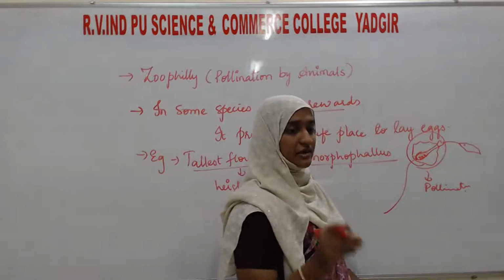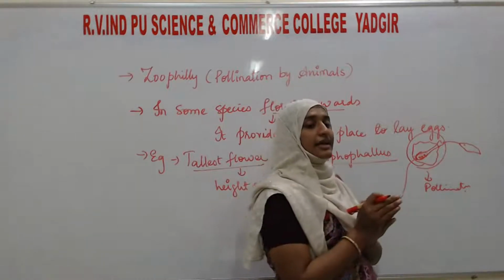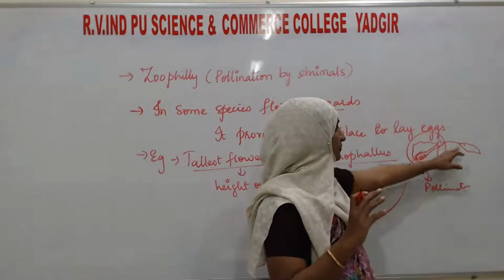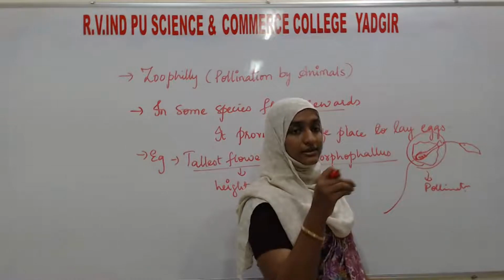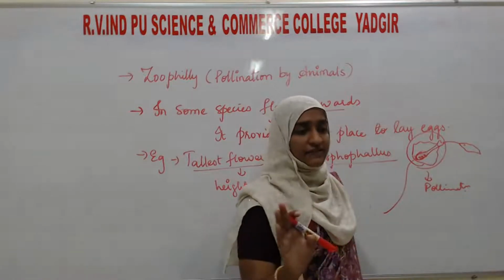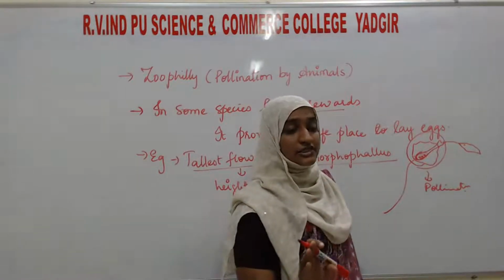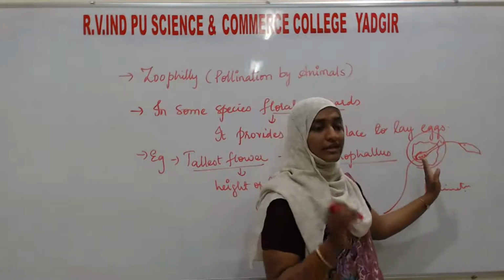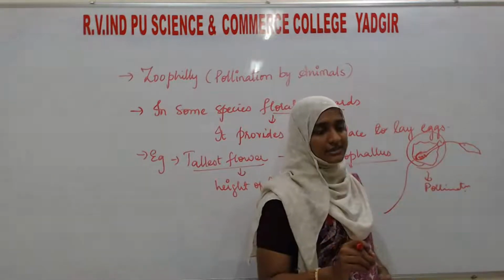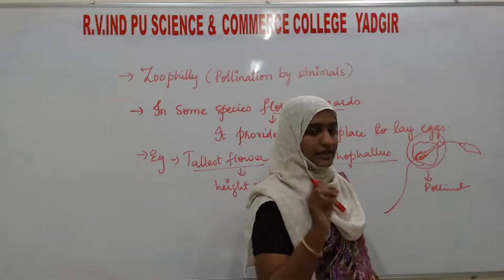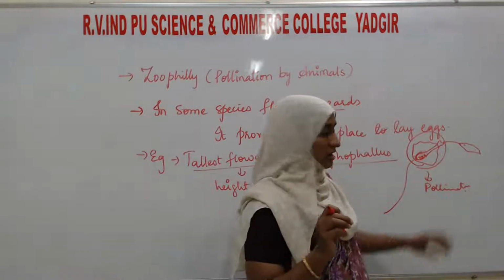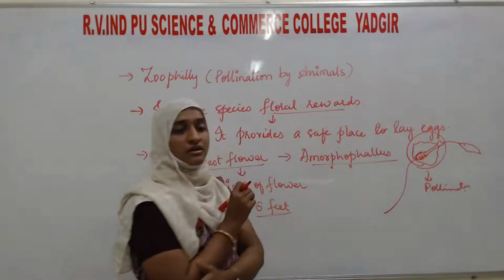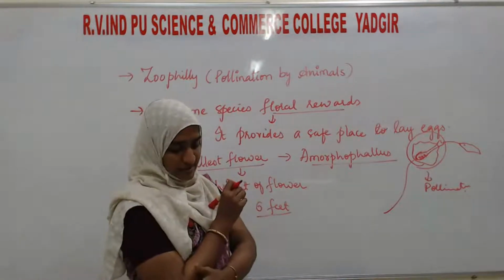Okay, one more example I will also explain. Only insects can lay the eggs because the flower is so small. So here the insects are going to lay the eggs inside the ovary. It will not affect any fertilization, any seed development, any fruit development. After that, when the eggs hatch, the insects fly away. Their eggs are so small that they are laid inside the ovary of the flower. Then one more example is there.